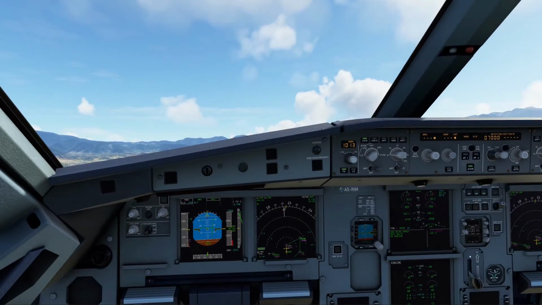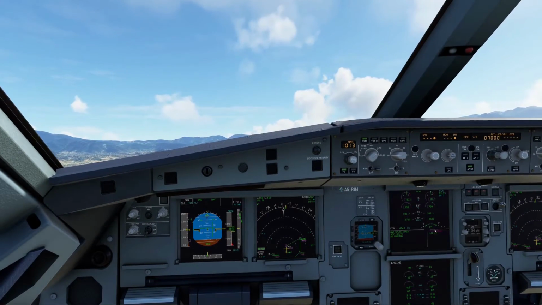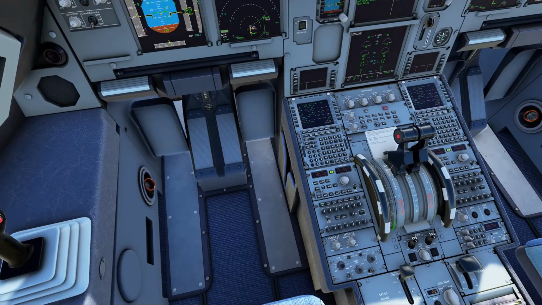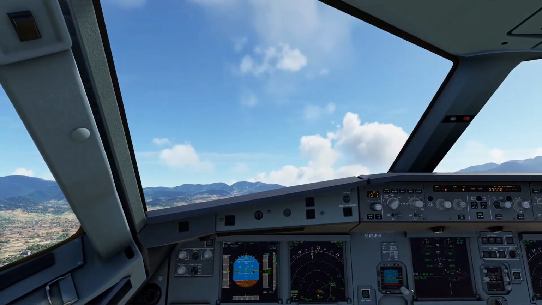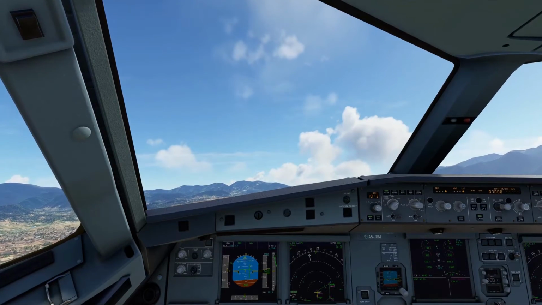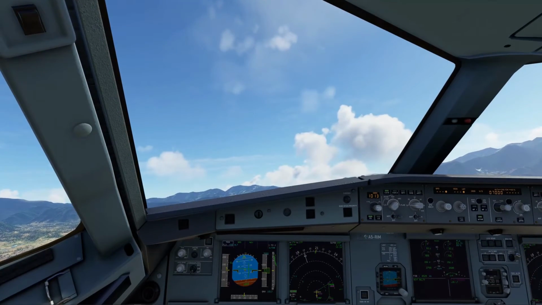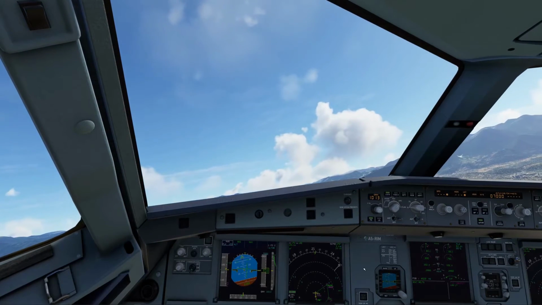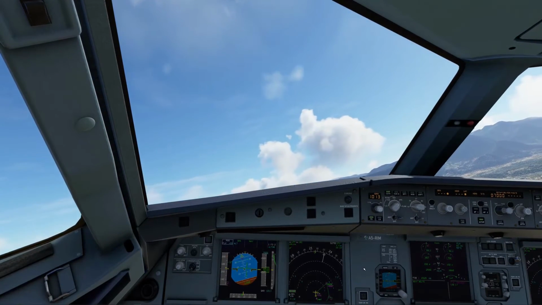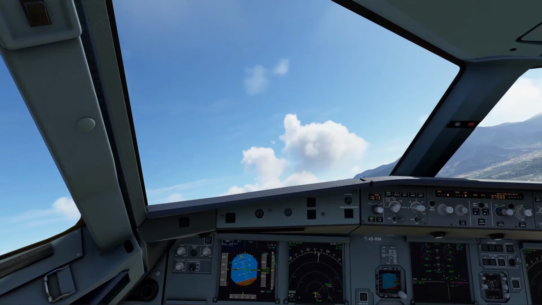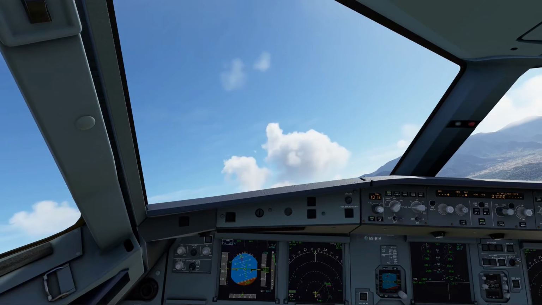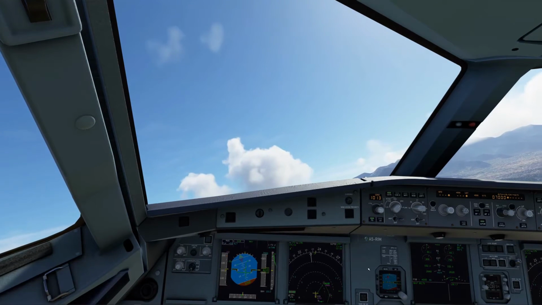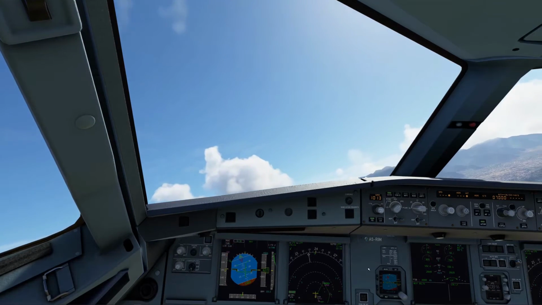Positive rate, gear up. And spoilers retracted. Contact Kathmandu Center on 124.7. Going to 124.7, Bhutan Bravo Tango November 3710. Now I noticed that when I took off, I didn't actually quite hit the flex.